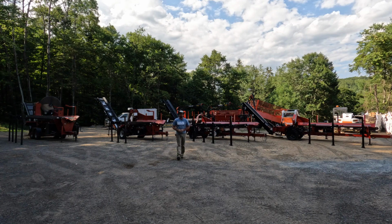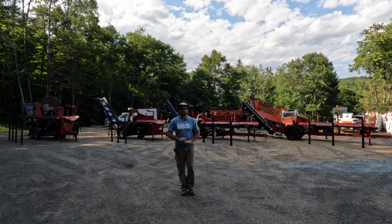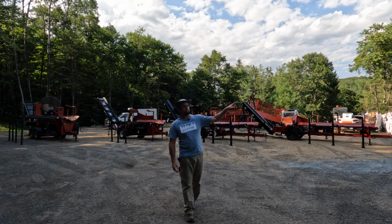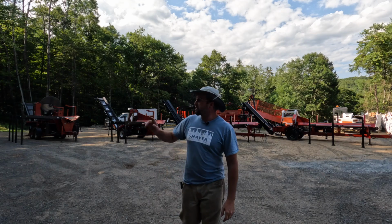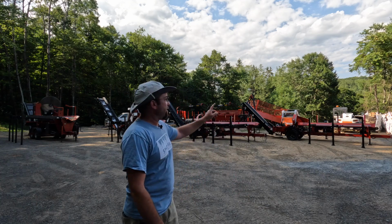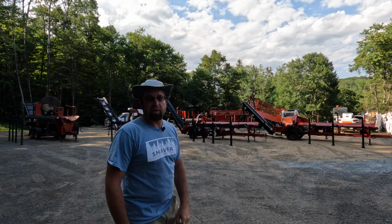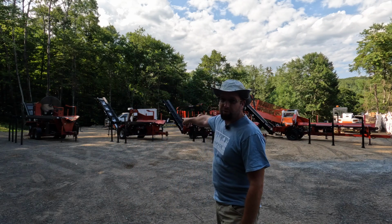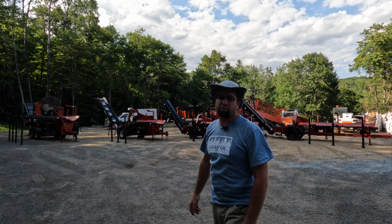We're now in the middle of July, and I am surrounded by split firewood, all filled up in the bags, and I have wood processors everywhere. I've got two Halverson wood processors over by my big 1824 diesel. I've got a whole bunch more over here on the gooseneck trailer. I have a 1424, a 1624, an 1824, and even a CS 2024 circle saw machine